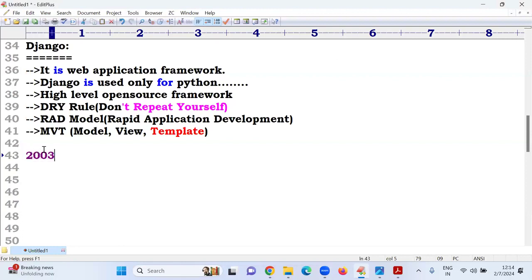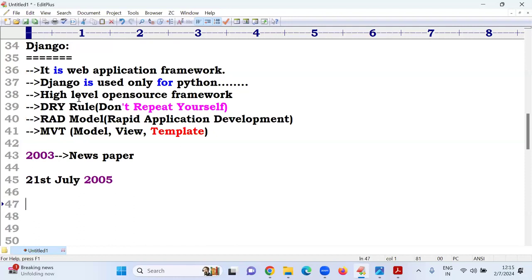Yes, in the year 2003. Where it was introduced: first it was introduced at one newspaper. There they first tested Django in heavy traffic. Is it working properly or not? How stable is it? They had to check it. All testing completed, and it was made available to the public on 21st July 2005. Why did they release it on 21st July 2005?